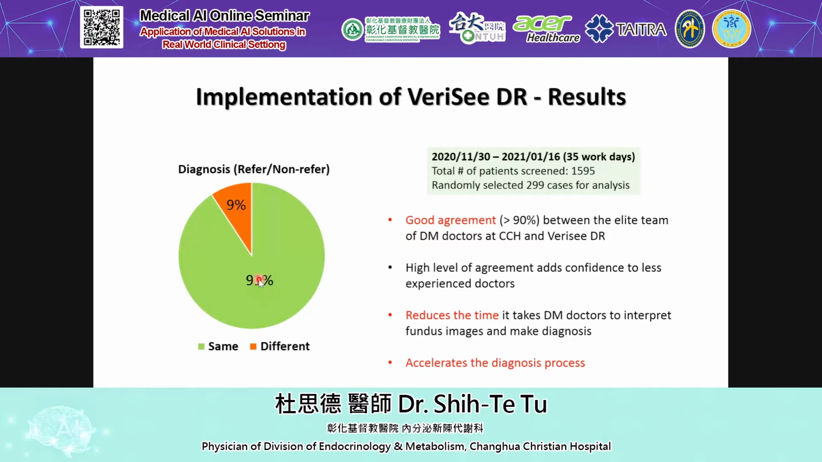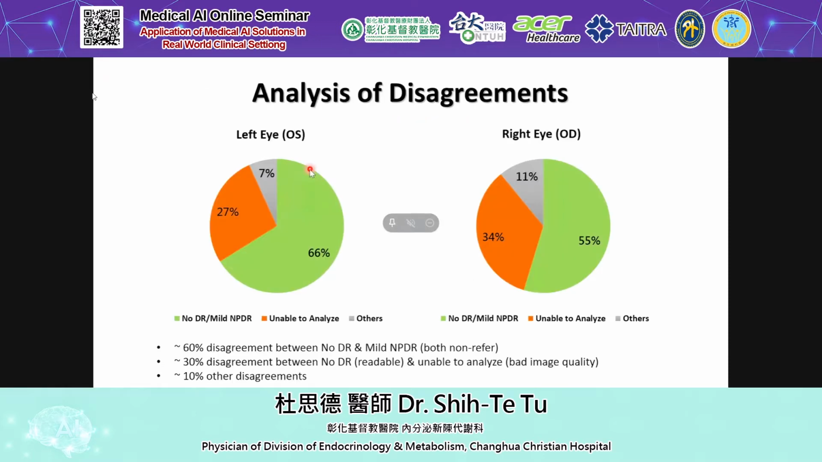But you know that 91% is total agreement. And so we can accelerate the diagnosis process. Some physicians were curious about the 9% which was not in agreement. So we analyzed the disagreement, and we found that over 66% of it was cases with no diabetic retinopathy